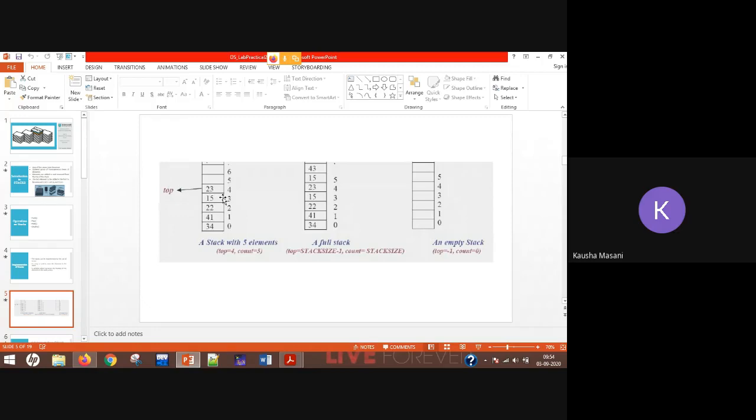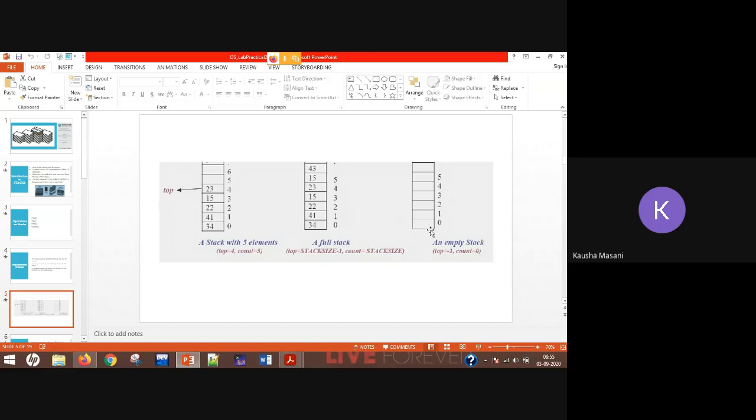If there is space to enter the element, then first of all you increment your top variable. If it is empty, from -1 it will point at 0. You can write top plus plus, or top +1. So it is going to point at this value.